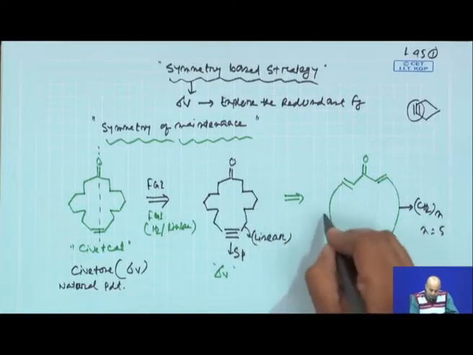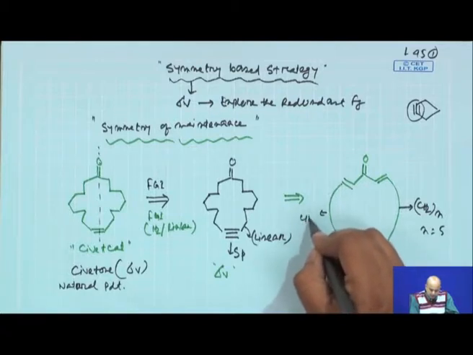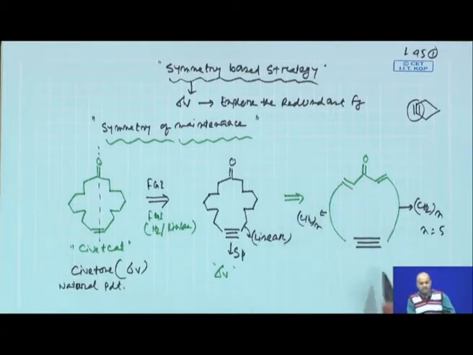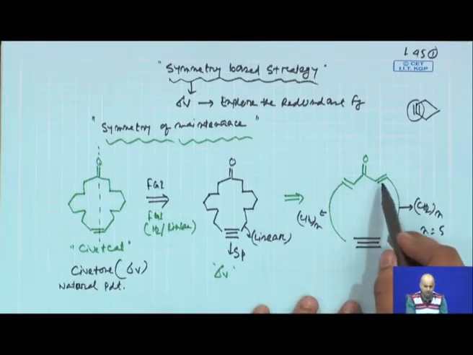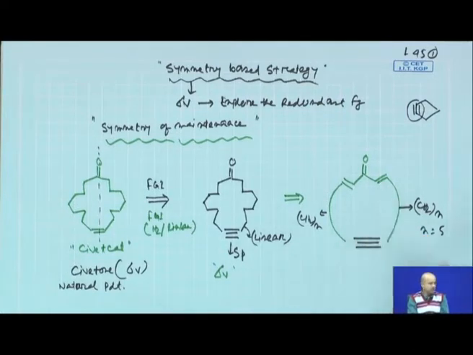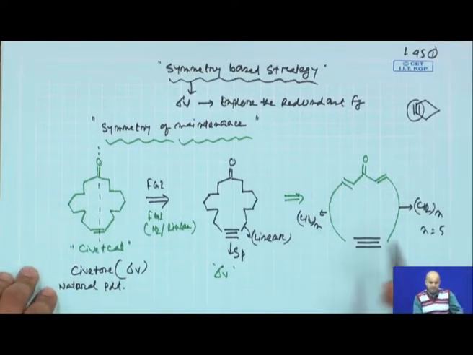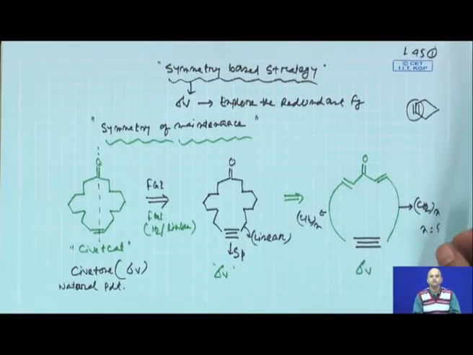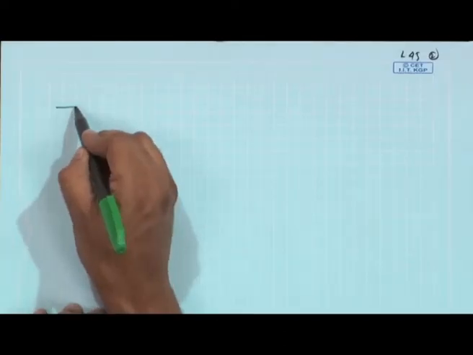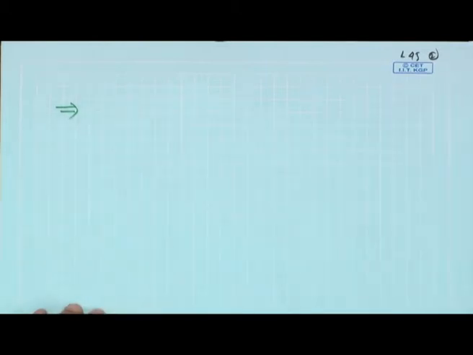So here also you have CH2 n, n is 5. Now this alkyne as well as ketoolefin can be synthesized; people have thought of it in a different way. Now this molecule is also sigma v, this is also sigma v. So now the next retro which was proposed, if you see the earlier intermediate which you proposed, it is